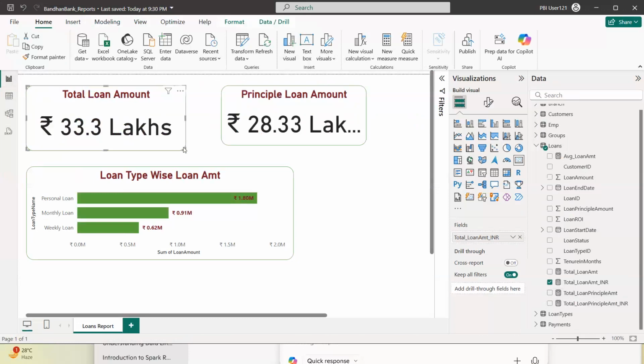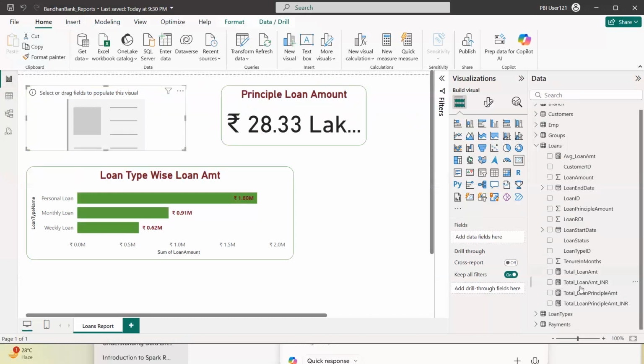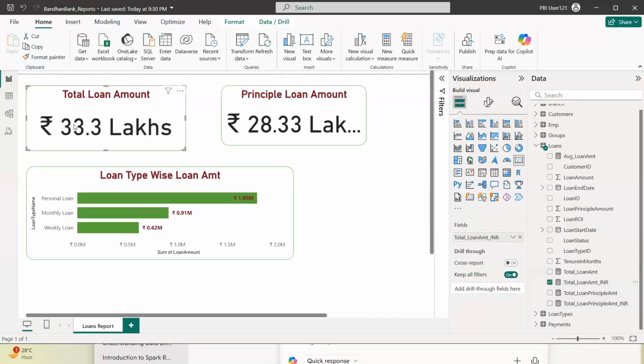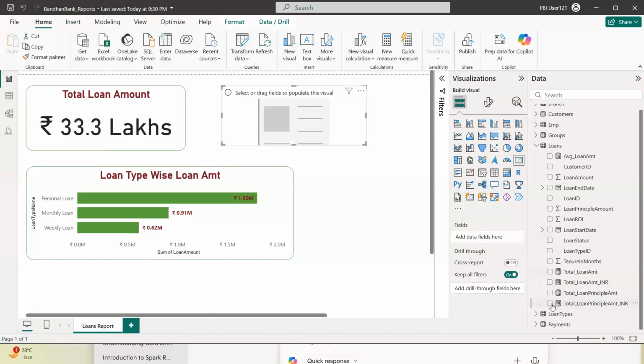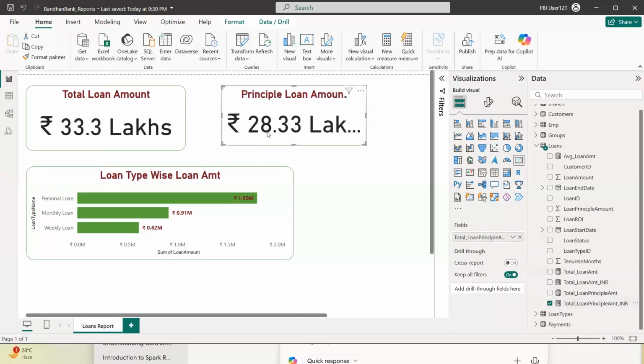You need to come here and try to drag and drop. This is total loan amount in INR. So you will be able to get 33.3 lakhs. So you have to get this total loan principal amount, 28.33 lakhs. You can